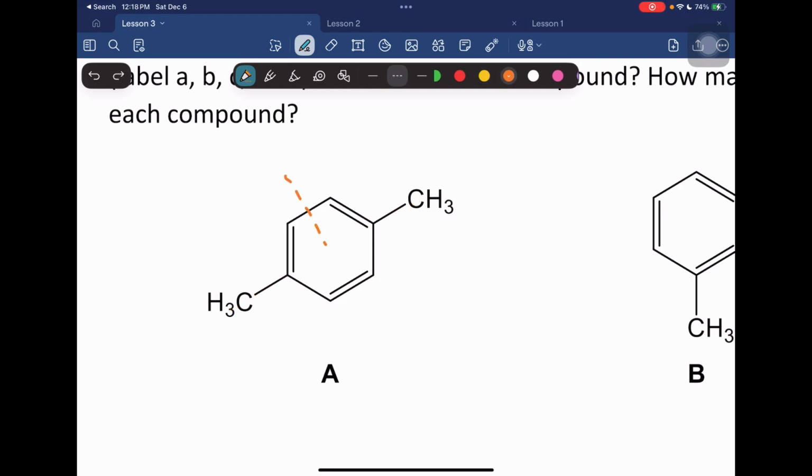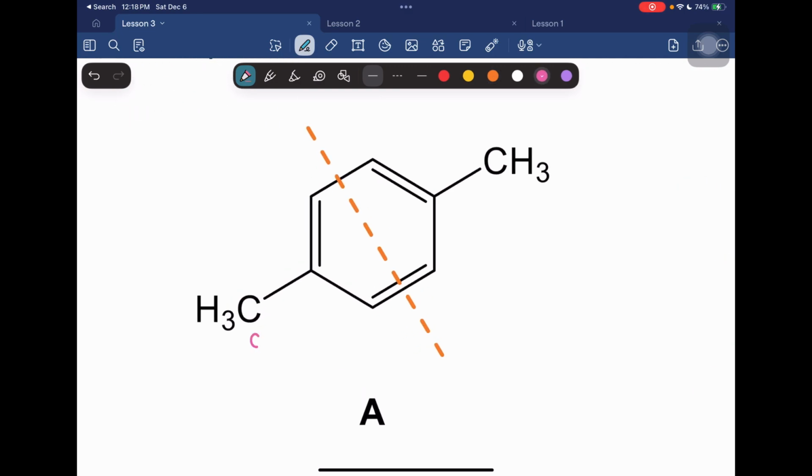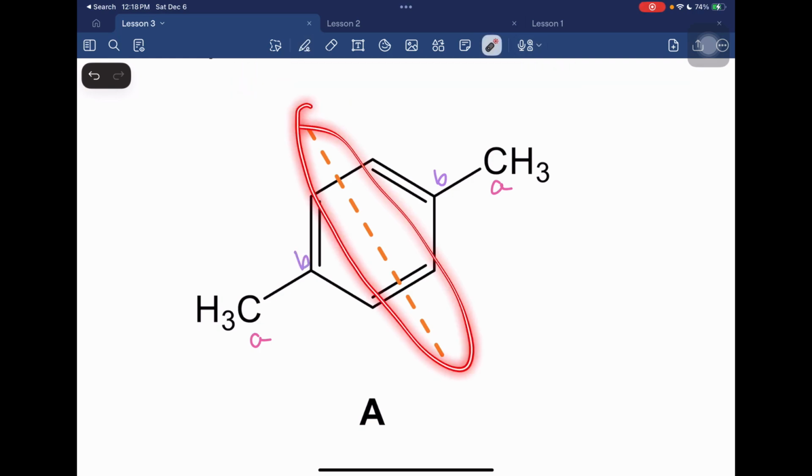However, because we have a mirror plane that's going this way as well, we do say that these are going to be equals. Because this one is A, this is A, B, B. Because in this one, it doesn't have the mirror plane on here, since we have 2 mirror planes, right? So now,